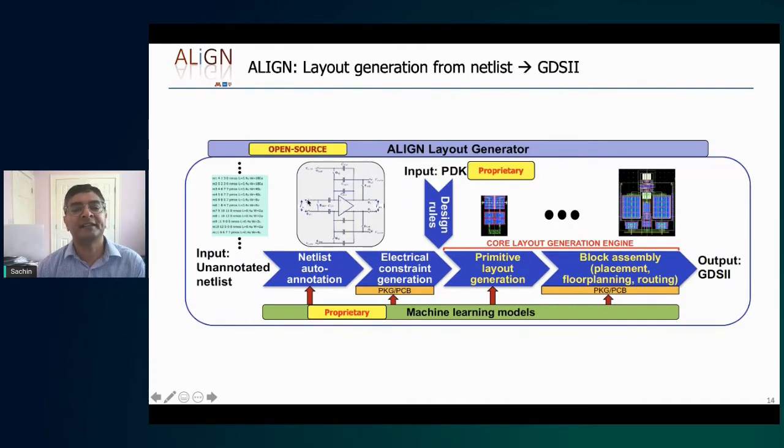Now, when you recognize this, it's not just about recognizing the blocks. It's also about recognizing lines of symmetry. So over here, for instance, you can see there's a line of symmetry that's horizontal so that the top and the bottom half should be reflected across each other. And this becomes really important for avoiding process-induced mismatch in analog circuits. Once you have this, we generate the auto annotation. We also detect lines of symmetry, any kind of matching requirements, and so on.